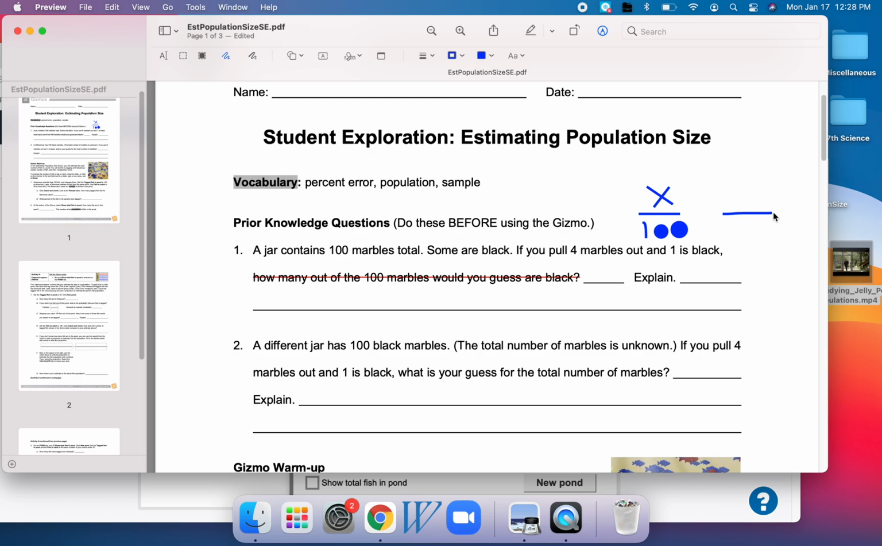If it's out of 100, if you can bear with me, if we know we pull 1 black marble out of 4, I would assume then that it's probably 25, because 25 over 100 would be 1/4. So it'll be 25. And how would I know? How would I explain this? I would say